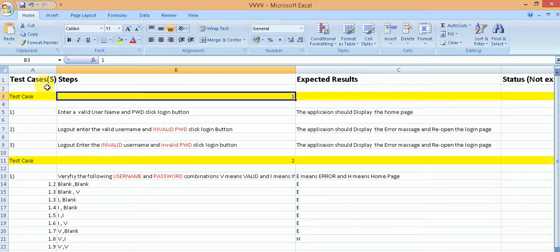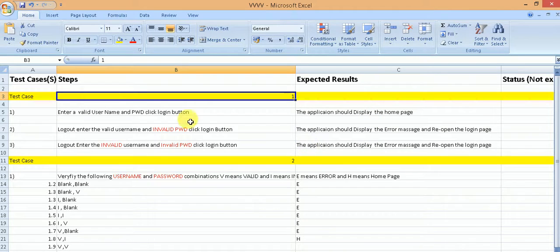In the first column we have the step numbers 1, 2 and 3, and the test case ID. Then in the steps column, the second column, we have all the steps, and the third column is the expected results column, where we have the expected result for every step.